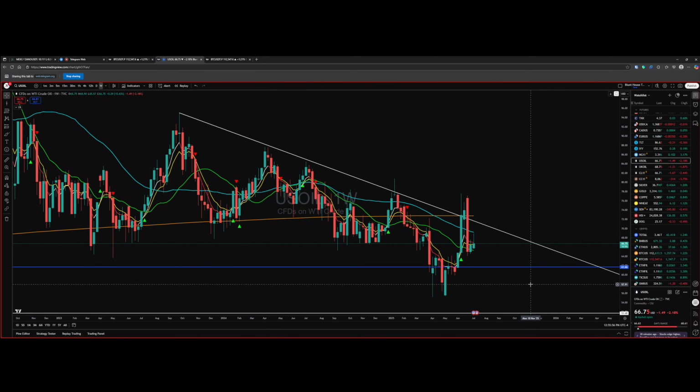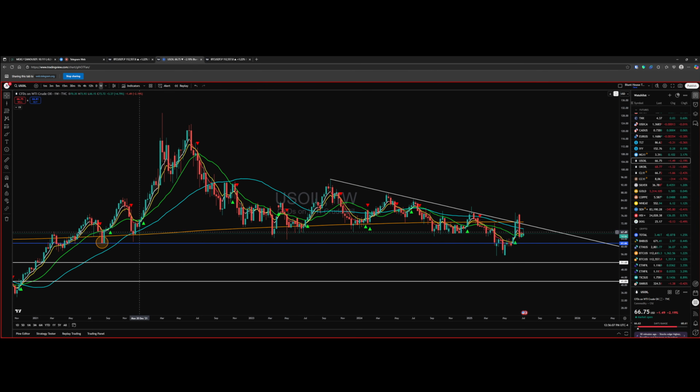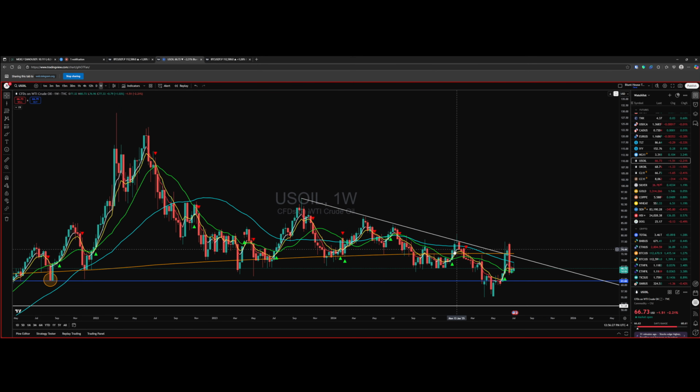What does this thing have to break before it can be even considered to be something to contend with in a real way? This. 1,000 days on the weekly. That's what it has to do. This is serious support, and it's also serious resistance. And if you're wondering, it's 20 years worth of price history. 20 years. So, when we failed 20 years of price history,